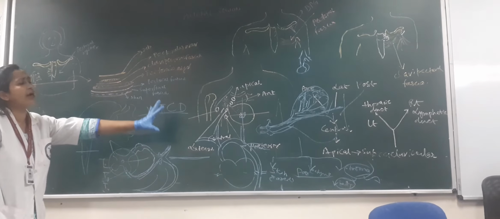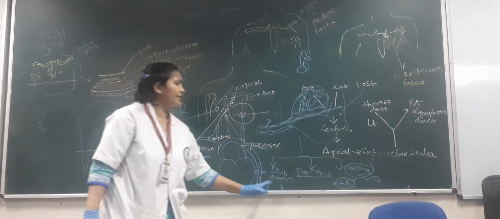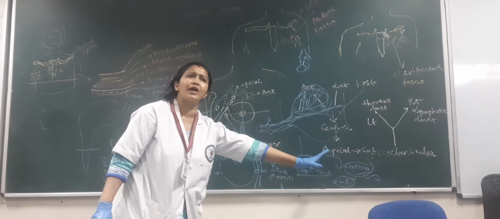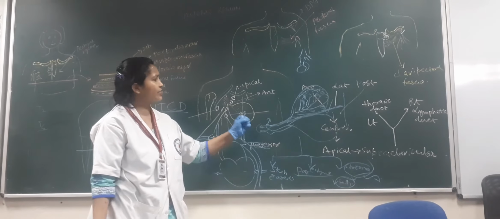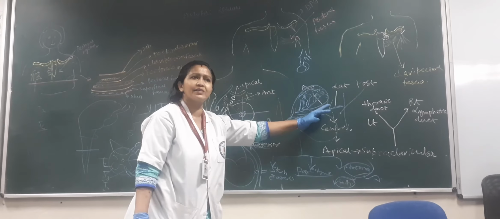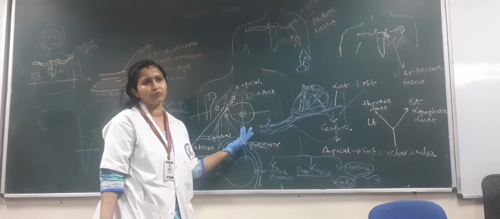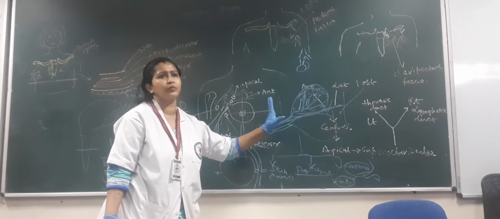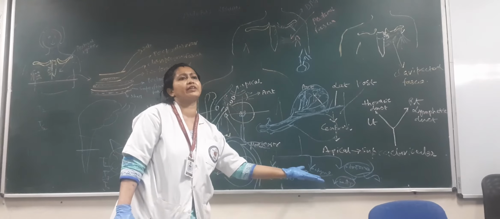A little bit we have to write about the macroscopic anatomy. Only that much. Skin, areola, parenchyma, stroma. Parenchyma, it is the main working component which contains the duct as well as the acini. There are 12 to 15 lactiferous ducts along with the sinus, and there are lobes and lobules. And stroma, there is fibrous stroma and fatty stroma.